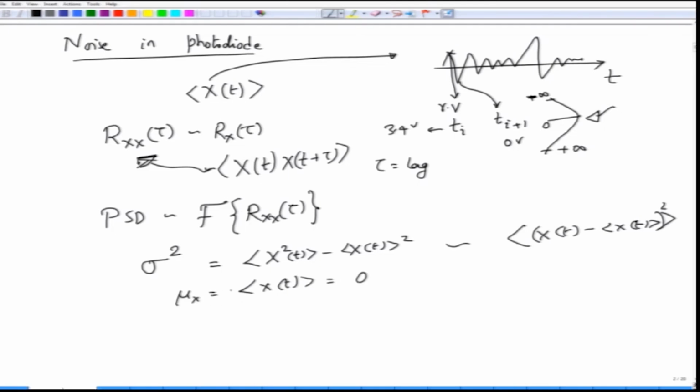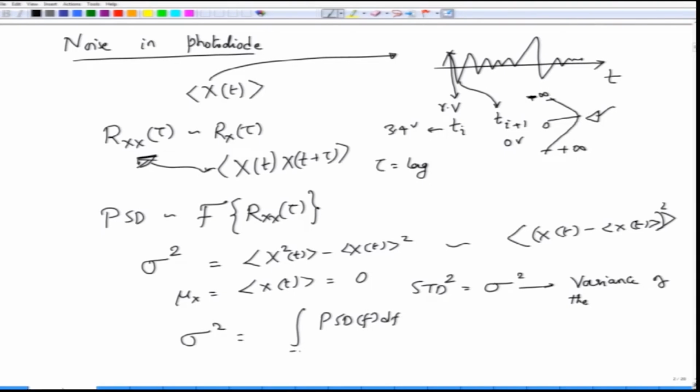that is, the process has 0 mean as what we would call, then standard deviation square will be equal to sigma square, and this sigma square is called the variance of the process. Okay. Variance is in some sense the power of the process. Variance will actually tell you the power, because from the Fourier transform relationships you can show that sigma square is actually given by the power spectral density